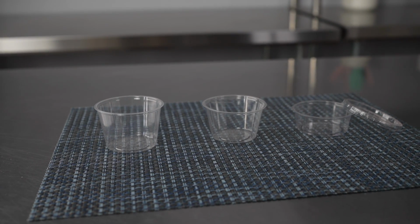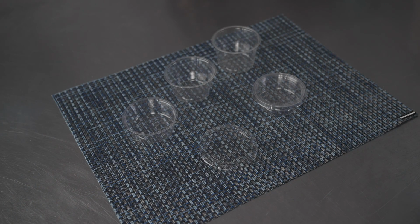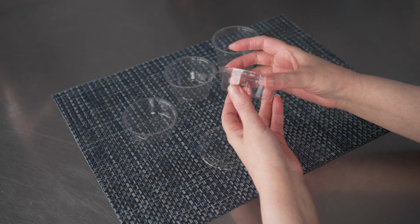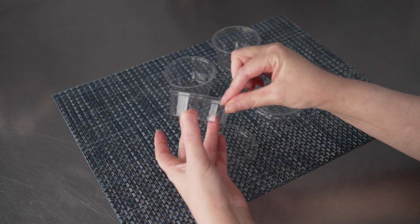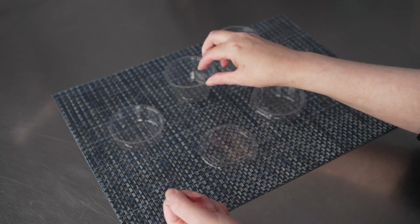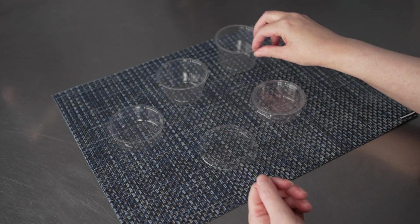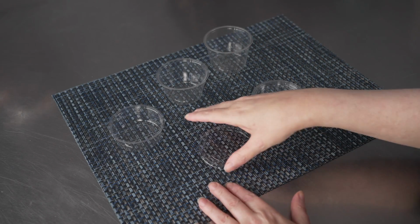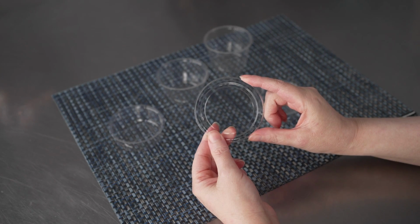In it, we're talking about disposable portion cups, specifically these Basic Nature PLA portion cups and lids. And they come in a few different size options. There is the 2 ounce, 3 ounce, and 4. And the lids are sold separately, but one of the best features about these portion cups is the